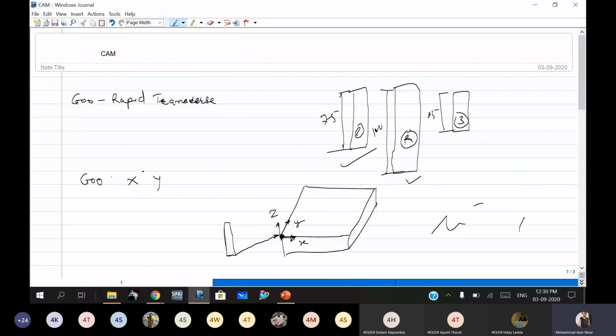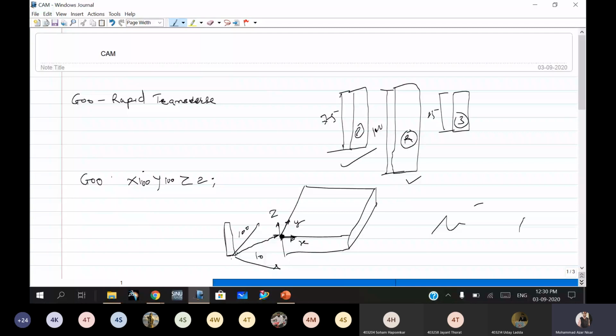Suppose this is 100 in this x direction, the y direction is also 100, and for z, I have to keep the tool just above this origin point. So I will use 100, 100, and Z2. So it will be just above this origin point.